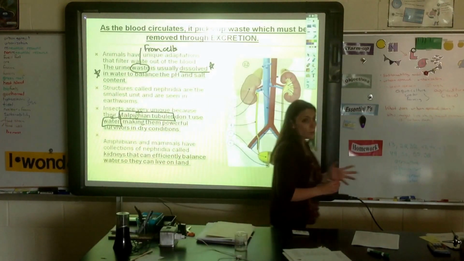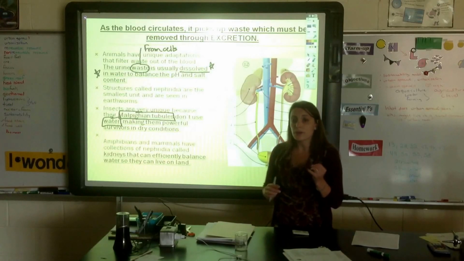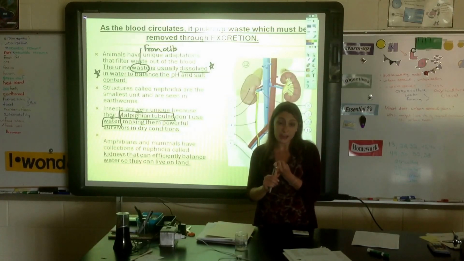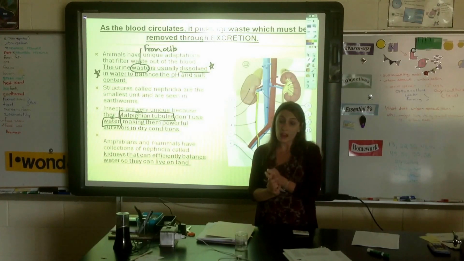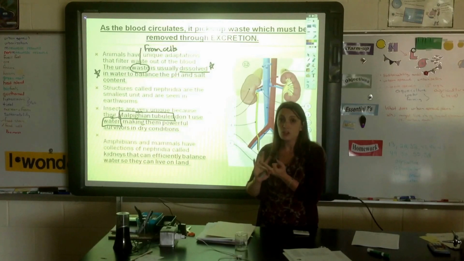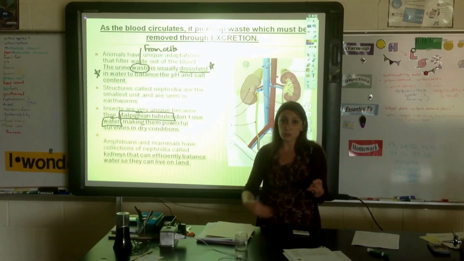And so this is really where we stop. We've talked about nutrition, how animals get and digest food, respiration, how animals get oxygen and get rid of carbon dioxide to help with cellular respiration, transport, how things are moved through the animal body, and excretion,